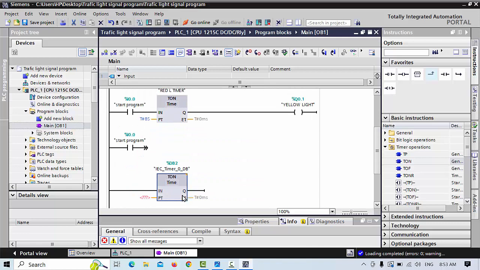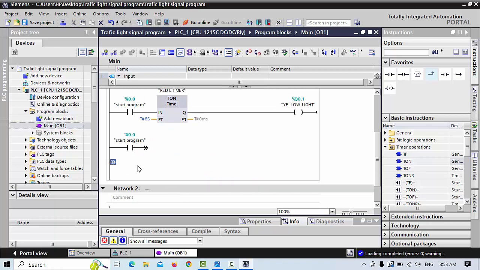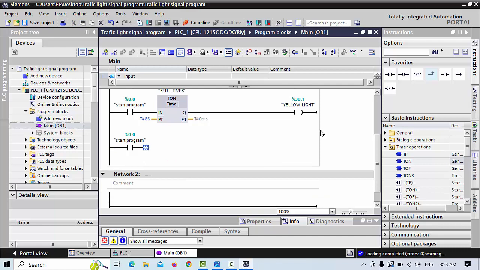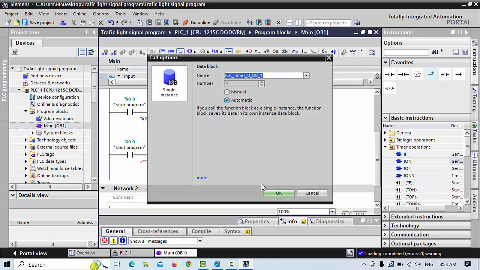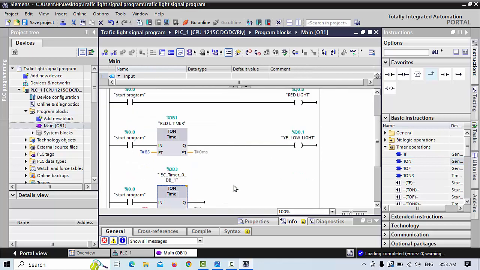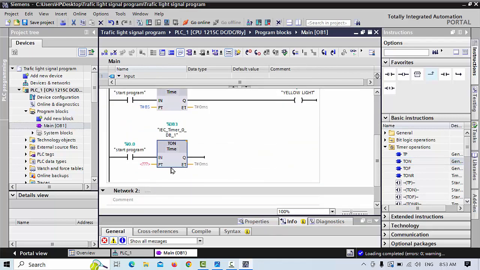We'll take one more timer. I will fix it here. And this timer I will start for green. This I will put 3 seconds time, no problem. And here I will give my output for Q0.2,